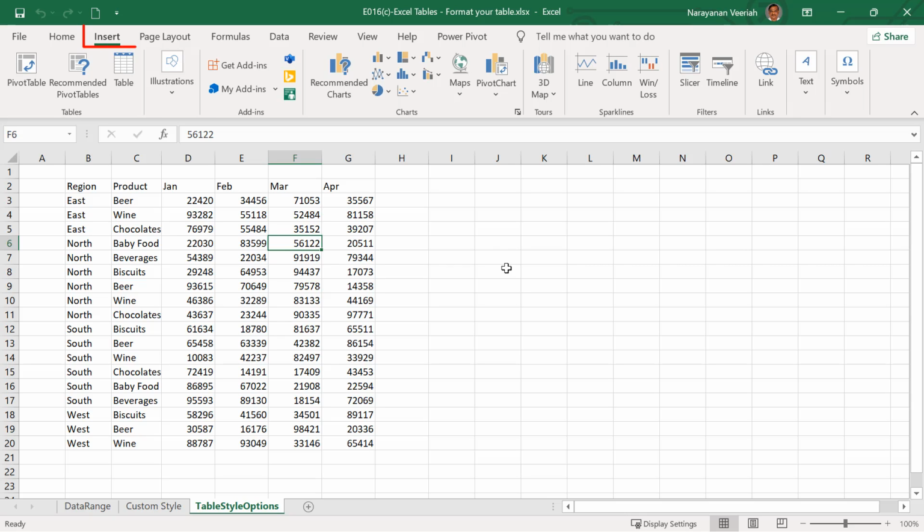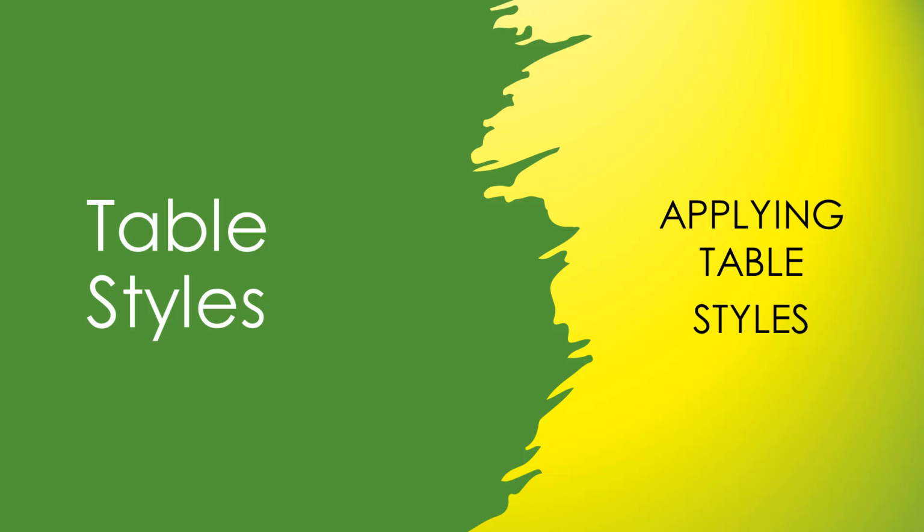However, when you create a new Excel table from the Insert tab, by clicking on Table, Excel creates a new table by automatically applying the last table style used. But you can change that style later if you want. Either way, you can apply the table style that you want to the new Excel table. Let us see how to do that from the Home tab.